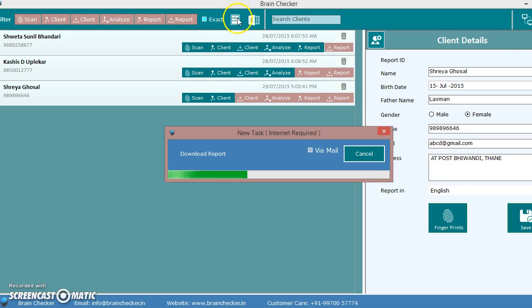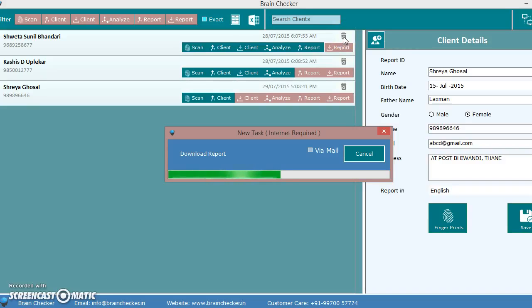Okay. This is the section wherein all the reports that have been downloaded will automatically go into, which we simply know as archive. This is a function which is provided to you to download all the reports in Excel format. This is basically a central console to know what business has been done by you since inception. If you need to add a new client, you always use this particular button. If you need to delete a client which has been wrongly captured or you want to recapture the client, you can use this delete button.